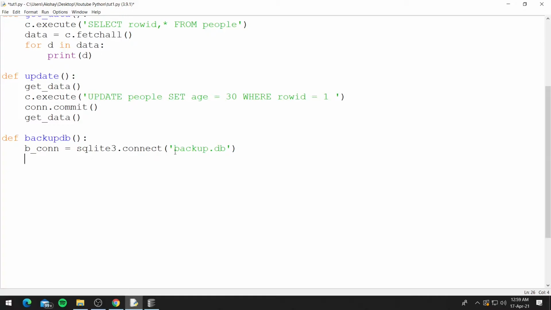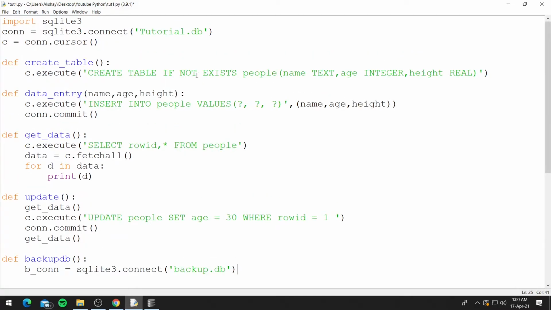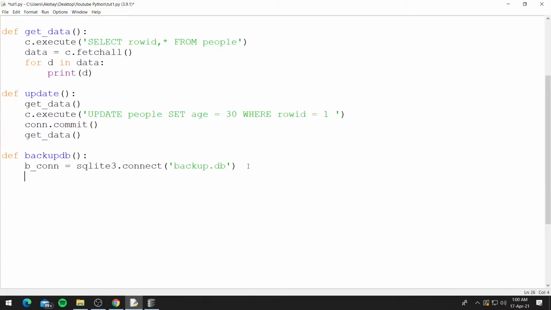So we are going to create a backup database and then we are going to use this backup connection. Now to backup the original database, we are going to need the connection of tutorial.db, which is con. So con.backup, and inside the parameters you will pass the backup connection, so bcon, and then we can go ahead and close the backup connection.